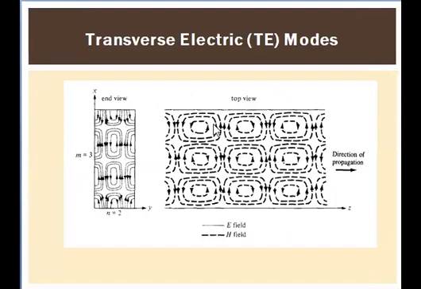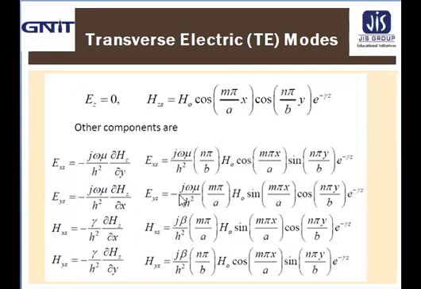And the cutoff frequency, that is fc, the cutoff wavelength, that is lambda c, the phase constant, that is beta, and the phase velocity and the wavelength for this TE mode are the same as for the TM mode. Now for TE mode, that m comma n may be either 0 1 or 1 0, but not 0 0. Both m and n cannot be 0 at the same time, because that will force the field components shown in these equations to vanish.